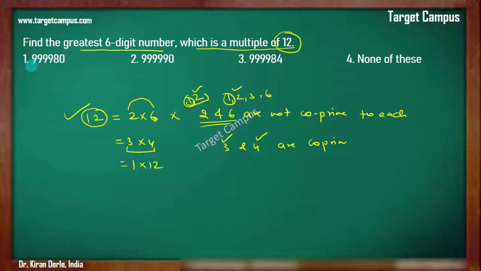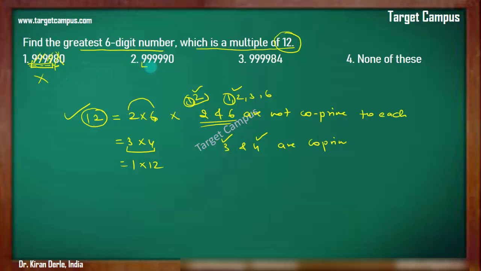So if you observe this number, 999 till here, it is divisible by 3, but then 8. If you add 8 in this sum, you have to make the sum of digits such that the number is divisible by 3. So 8 is not a multiple. Here we have got the sum, so you can nullify this part. But 8 is not divisible, so this cannot be divisible by 12.